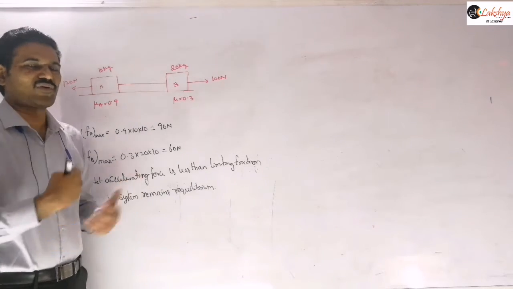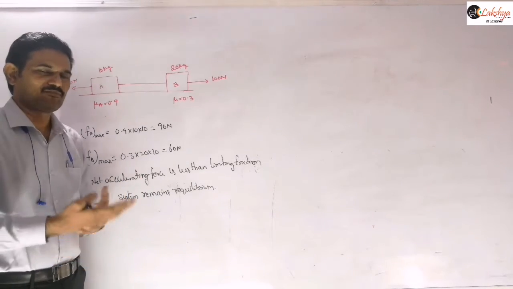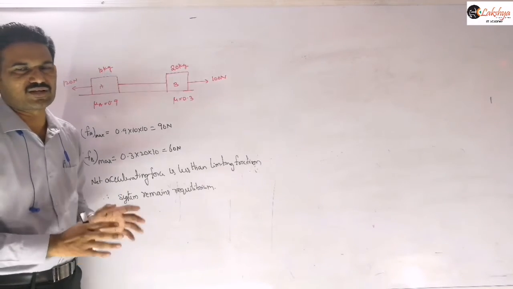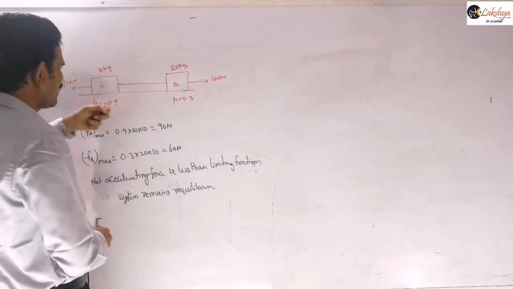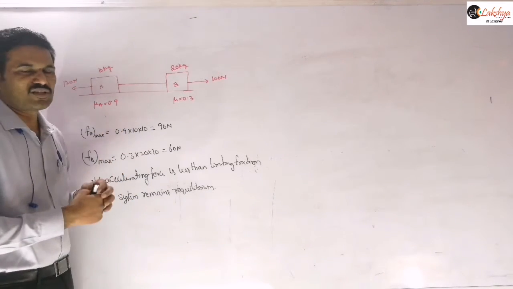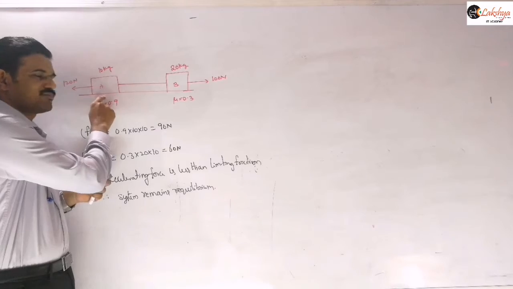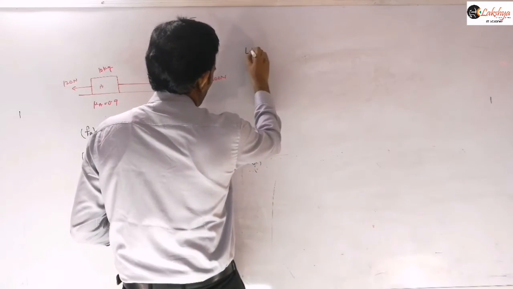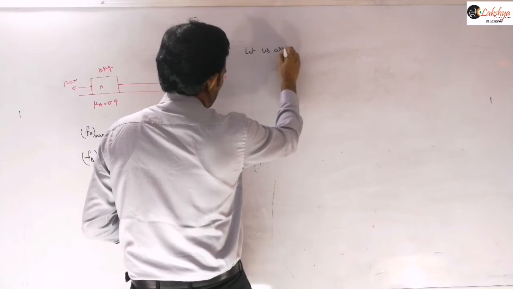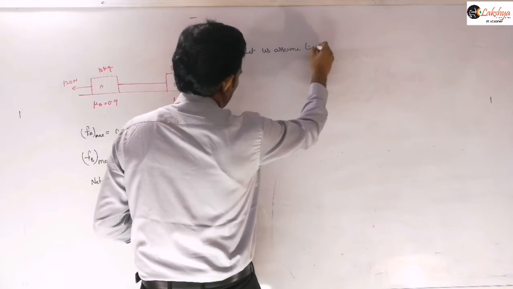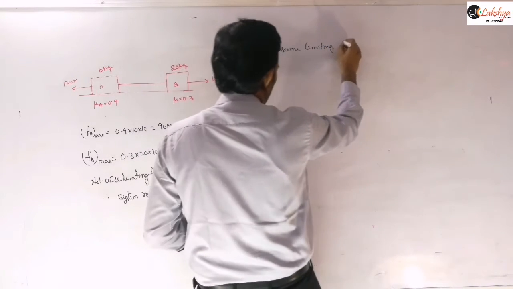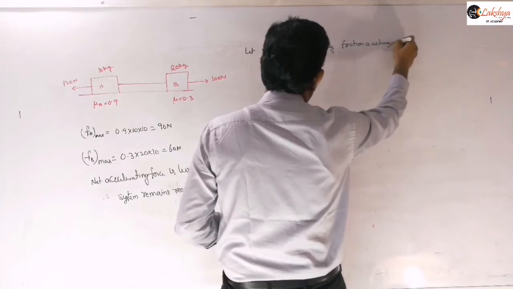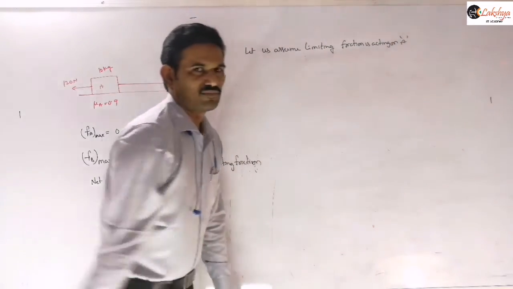So you need to do these calculations especially for this type of problem. And by chance your first assumption may be correct, and then you will be lucky, because we can reduce unnecessary calculation. Here first we are assuming that generally more force is there on this side, so more limiting friction may be there on this block. That is our assumption. So first, let us assume limiting friction is acting on A. This is our assumption.